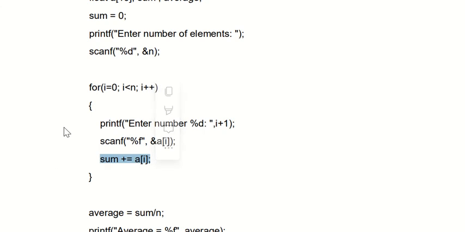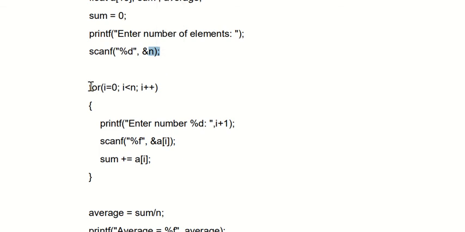Likewise inside the for loop, it runs a total of 5 times if we assume n equal to 5. If you are assuming n equal to 3, obviously the for loop runs only 3 times. If you are assuming 7, then obviously it runs 7 times.